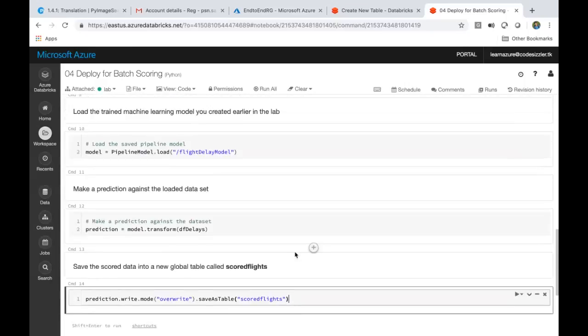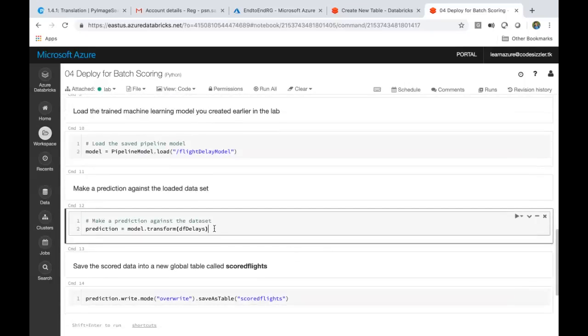Any questions in this? Shashank, when we say model.transform, it is actually trying to apply the model into that df delays data frame. Basically, it takes the data from this data set and applies that model on top, having this data executed through the model and giving the result output, like whatever predictions it is giving out.